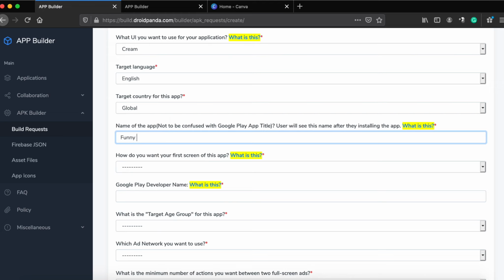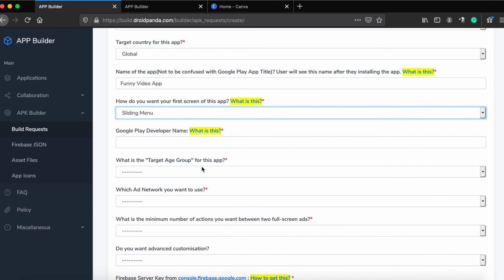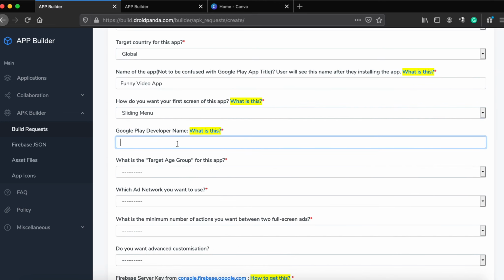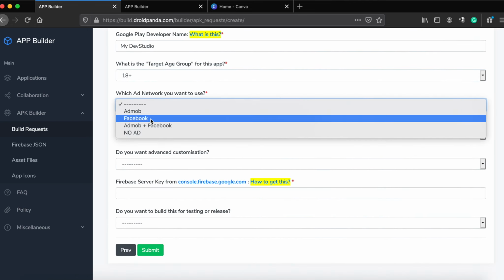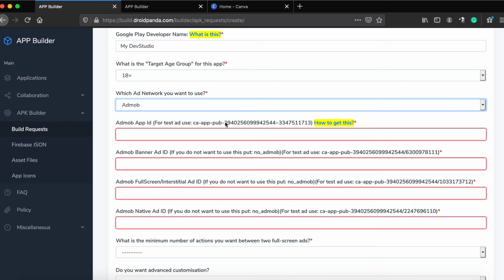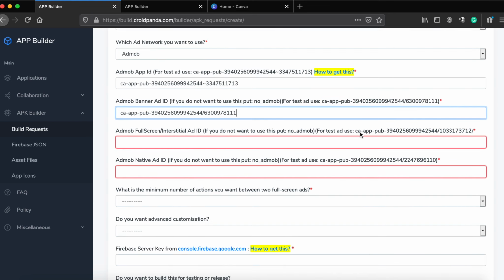Give the application name, Google Play developer name, how frequently you want to show full screen ads, etc. When giving the AdMob ad ID, I am using a test ad from AdMob for this demo, but for your app, collect your AdMob ad ID from apps.admob.com.